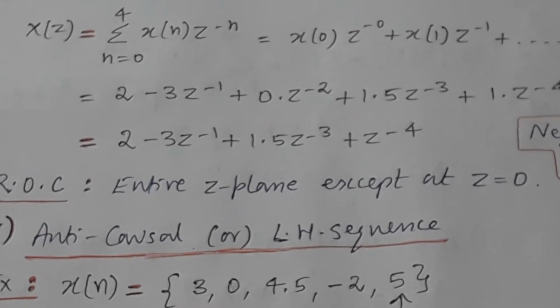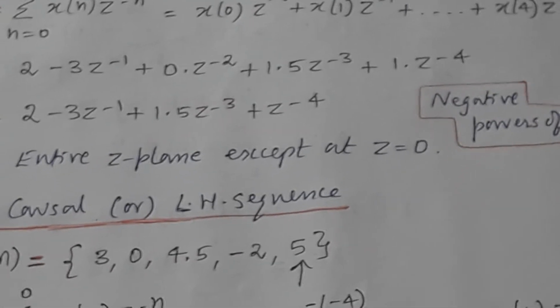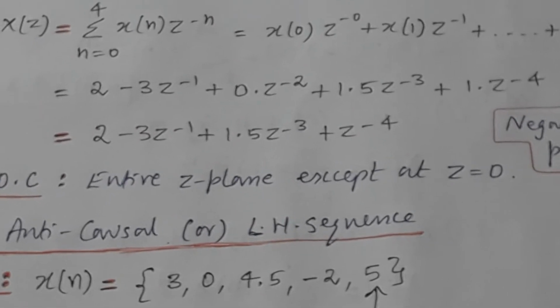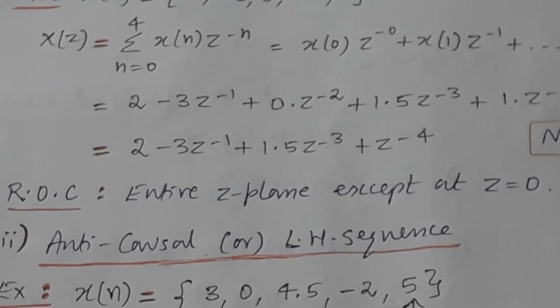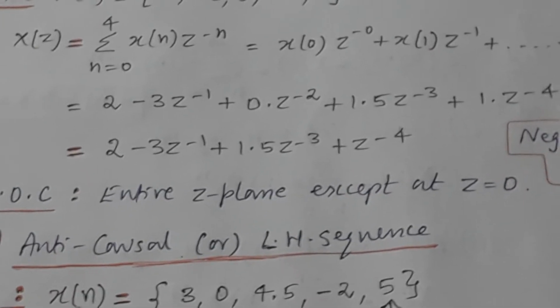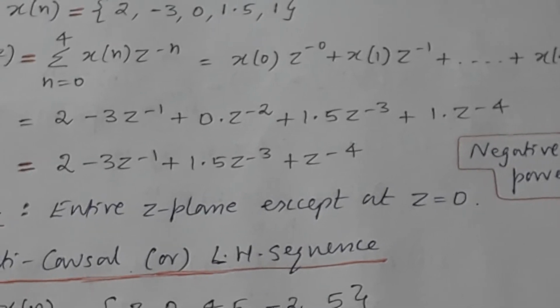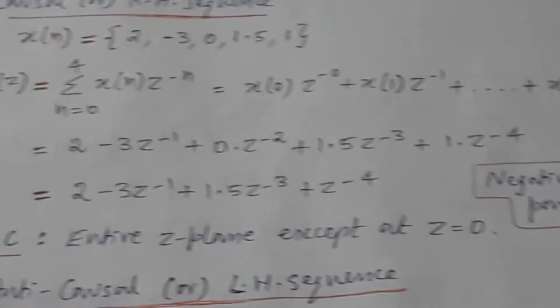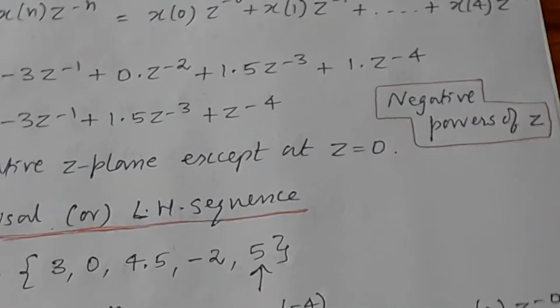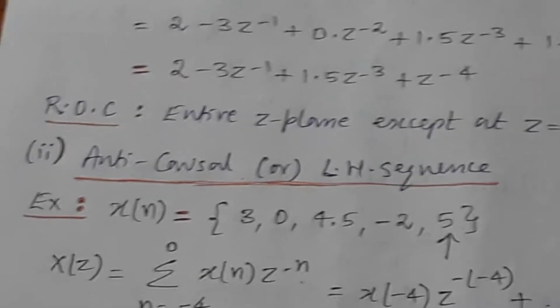That means the ROC is the entire z plane except at z equal to 0, because when you put z equal to 0 in X of z, you get the answer as infinity. ROC is the values of z for which X of z should be finite. Since this is the basics class, I am taking much time for this. So the answer is what? For a causal sequence, the answer will be negative powers of z. That's what I have written. You should have all this in mind for future